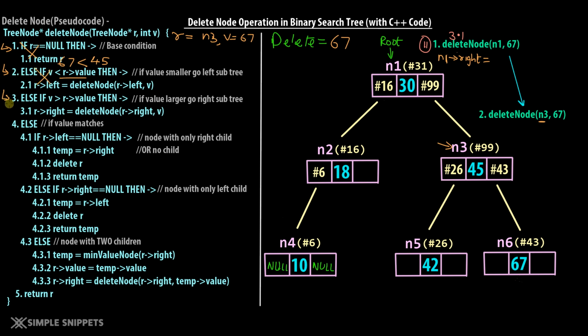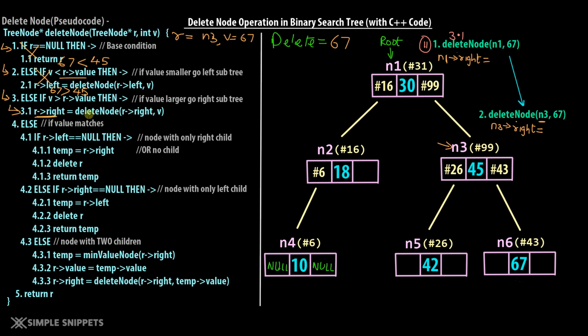Then we'll proceed to the third condition. Over here we are checking else if V, that is 67, is greater than R of value. R of value we just said is 45. Is 67 greater than 45? Yes. So in that case, again step number 3.1 will be executed. We will say R of right. R this time is n3. So R of right means n3 of right is equal to,